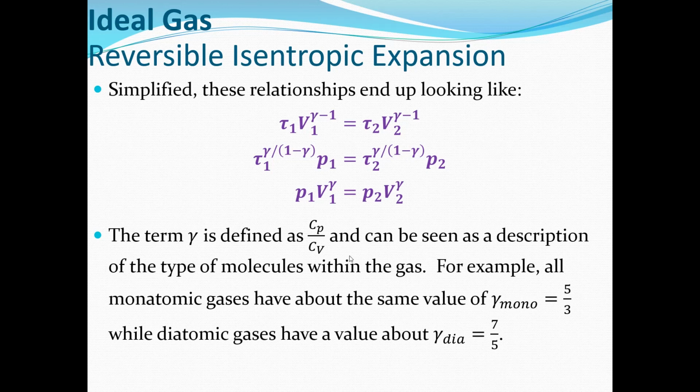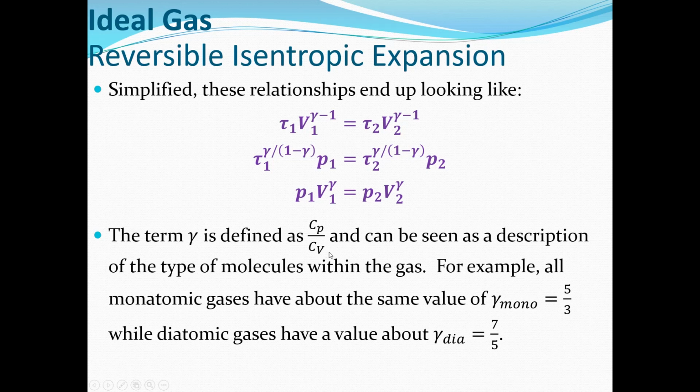So if we're dealing with monatomic gases, and monatomic gases strictly only being allowed 3 degrees of freedom, what we'll end up getting is that this gamma term for all monatomic gases is 5 over 3. When we deal with diatomic gases, that term ends up being 7 over 5 due to the degrees of freedom. And they didn't write it here, but the triatomics would end up having 9 over 7 as their gamma term. And like I said, it's something that ends up being true for all the molecules based off of their degrees of freedom. The reason being is that